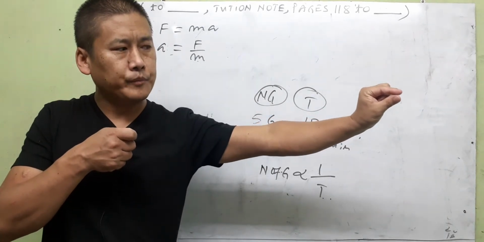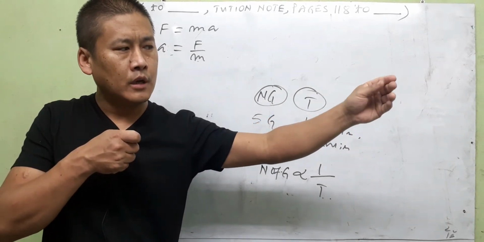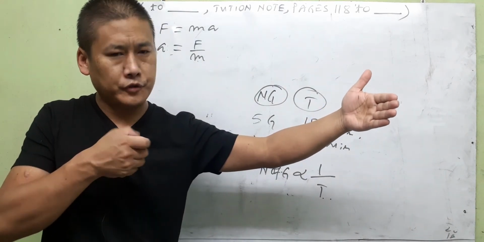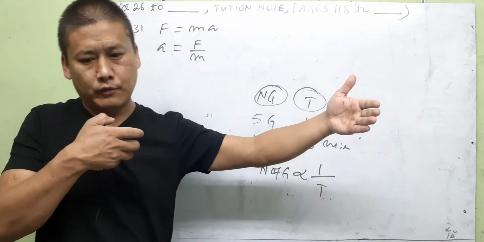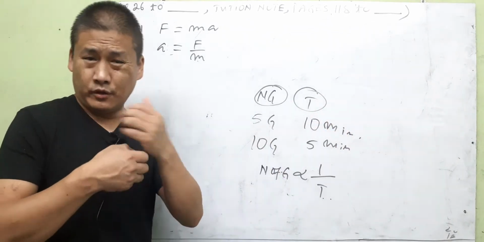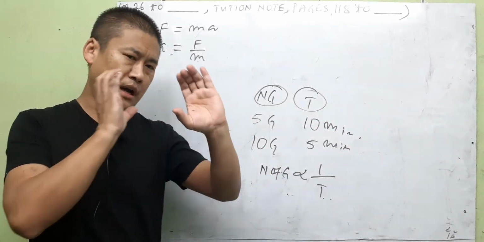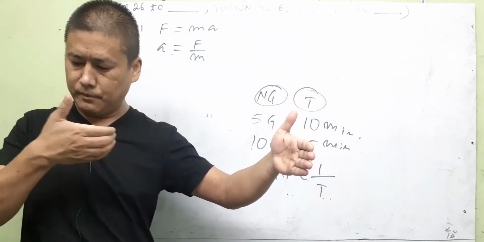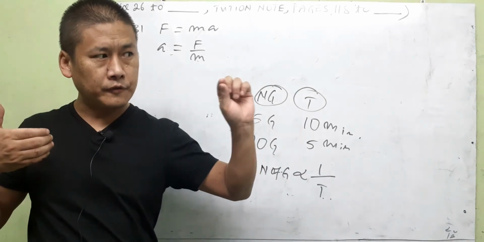At the same time, according to Newton's third law, the bullet moving forward will apply an equal and opposite force on the gun that you're holding. That's why when you shoot a gun, it recoils and hits your shoulder backwards. But because the mass of the gun is heavy, that reaction force acting backwards, which is equal to the force acting on the bullet,